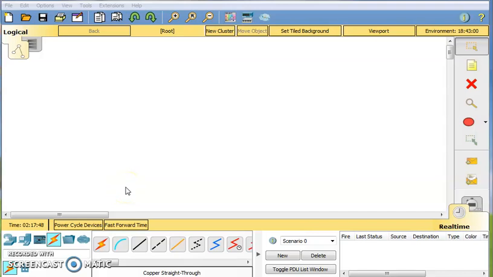Hello everyone. In this session, we will learn how to configure TFTP server. TFTP server is one of the services available in Cisco routers. TFTP is Trivial File Transfer Protocol. It is also like an FTP server. It will transfer files from network devices. Let's see how to configure these